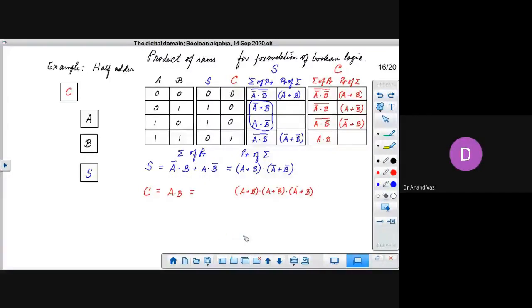In the sum of products, we take the A complement and B complement, the whole complement. But in the product of sums, we take A or B. But in the input, we take the complement. We take a complement of A naught and B naught. But sir, according to me, there must be A naught or B naught in the product of sums.